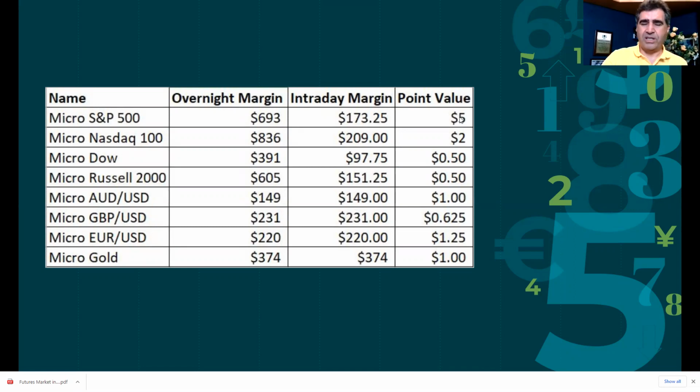So this is almost like doing a paper trade, but with real money, you can still afford to lose 20 points in S&P and only lose $100 versus $1,000 in your trade.